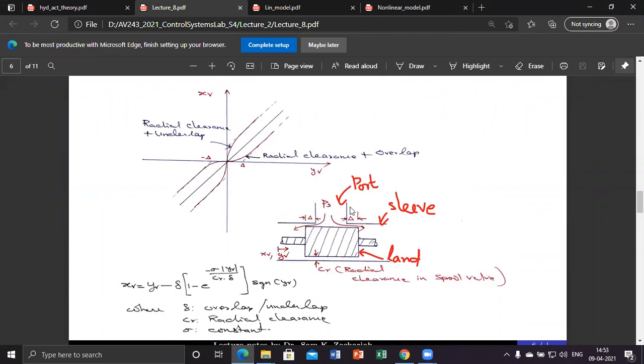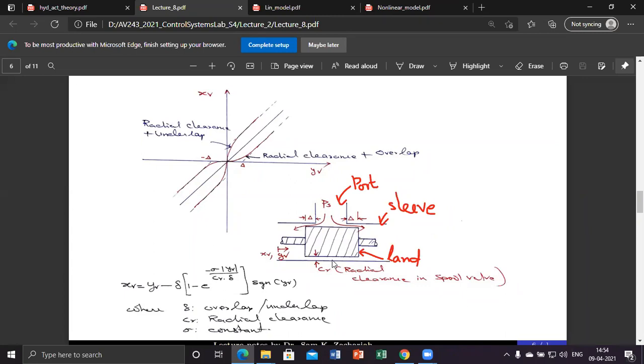You are talking about the situation when YV is equal to 0, here XV equals 0. But what you are telling is that when YV equals 0, there is an opening. Why are we not considering that? That is your problem. Okay. See,